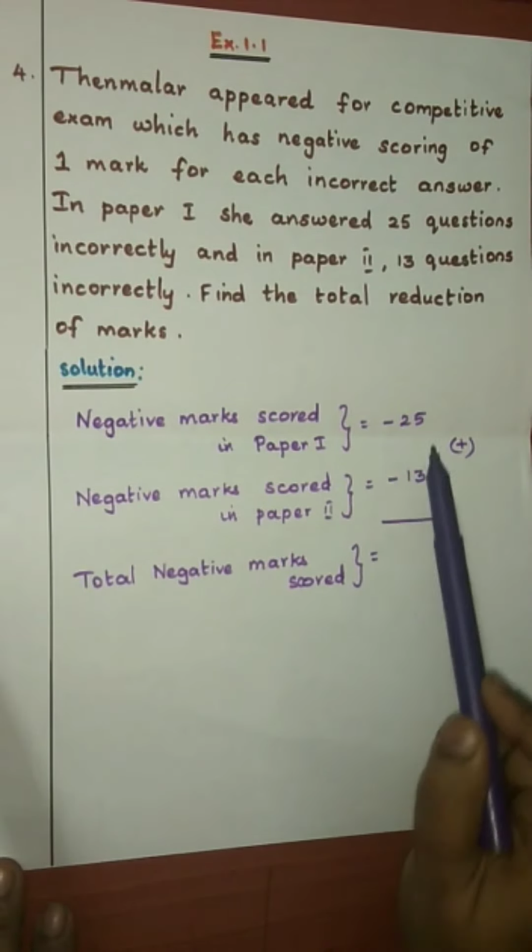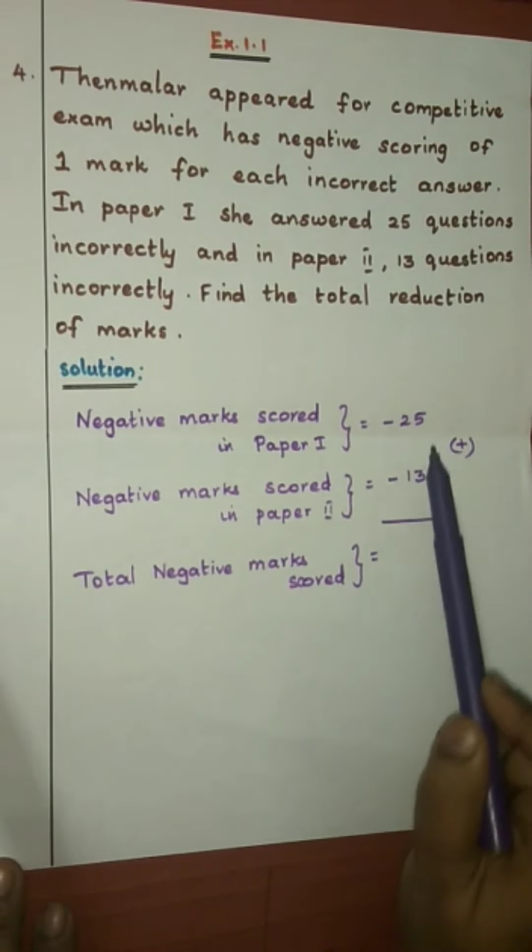Total score of team A is equal to plus 30 plus minus 20 plus 0. Plus 30 plus minus 20: subtract the smaller number from the bigger number and put the sign of the bigger number. So 30 minus 20, 10. And we have a positive sign in front of the bigger number 30, so plus 10. So plus 10 plus 0 is plus 10. So the score of team A is plus 10.